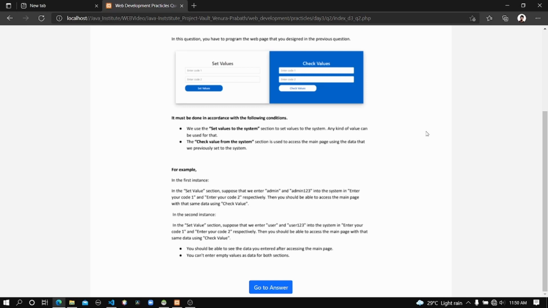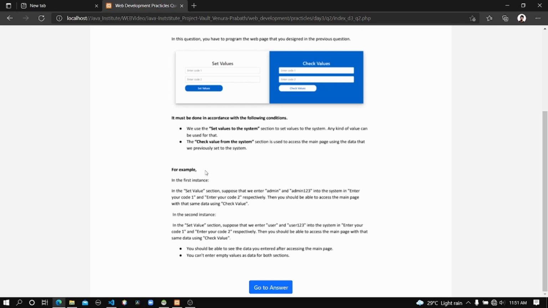Okay, let's go to the examples here. For example, this is the first instance. In the set value section, suppose that we enter admin and admin123 into the system, enter your code 1 and enter your code 2 respectively. Then you should be able to access the main page with the same data using check values.